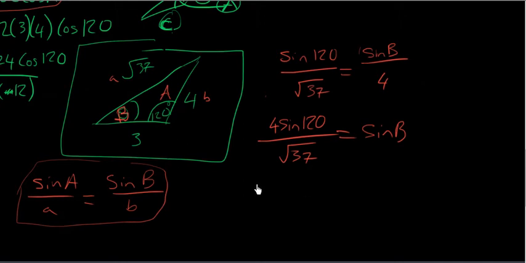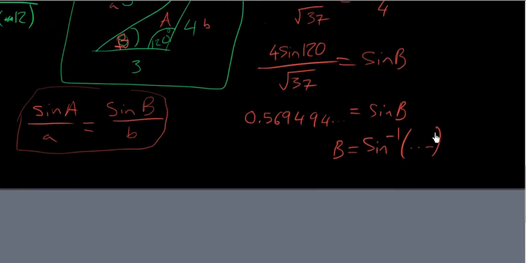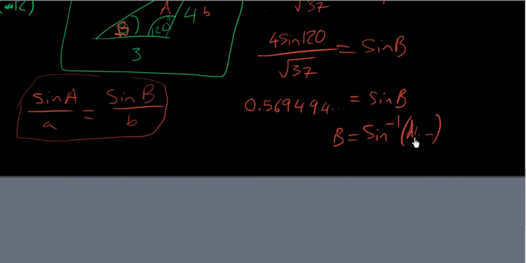0.56, so I'm going to write the long decimal because I'm now going to do the inverse sine and I want not to make mistakes with this. 5, 6, 9, 4, 9, 4, etc. is equal to sine of b. So now if we want b, it's the shift of sine, so the inverse sine of that decimal, and in the calculator I recommend you use the ANS button, which is at the bottom right next to the equals, and it will use the